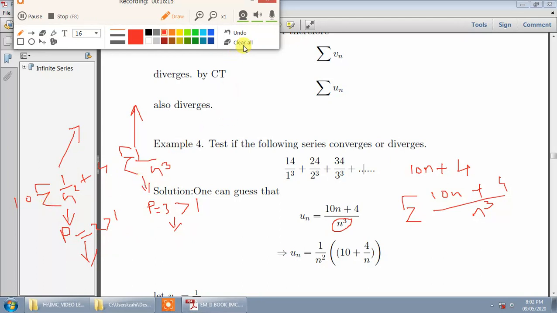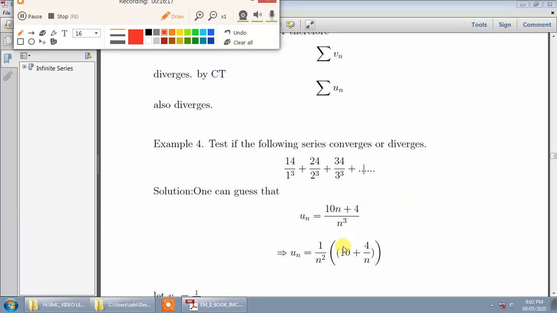I have shown you that this series is convergent, so it is your choice what to use. Here I used the p series to show that this series is convergent. Now let me use the comparison test to show that this series is convergent. Let me take 1 upon n cube common outside. What will happen if I take n cube common outside? Actually, I should take n square, not n cube.